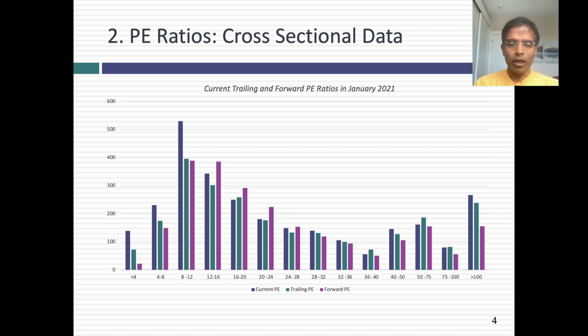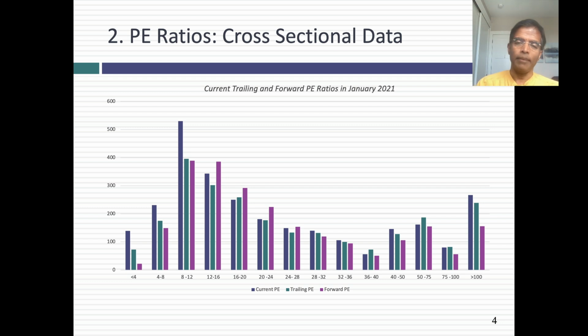But at the start of every year, and I've done this for about 30 years, I compute the PE ratio for every stock. In the US and global, this is a graph of just US stocks at the start of 2021. And I've computed 3 different PE ratios. So how can you have 3 different PE ratios? The stock price is the same in all 3 ratios, but here's why you have a difference. I could divide the stock price by the earnings per share in the most recent fiscal year, which in January 2021, the most recent fiscal year for many companies was 2019 because the 2020 numbers hadn't come out yet.